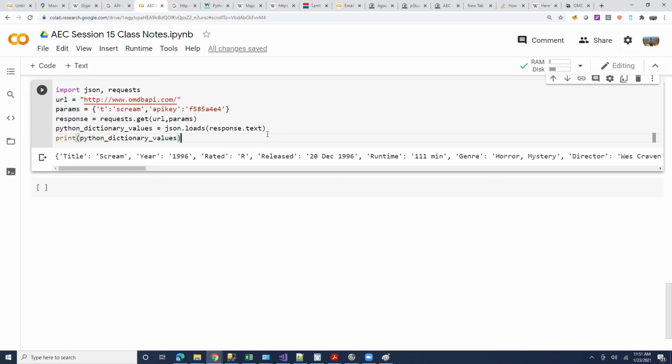Okay, so we have this movie database. What are some interesting things you would like to do? As I said, you can only search by name and you can search by ID. So you only have two things you can search by. Based on that, think of what interesting things you could do. Movie info. Okay, what movie info?